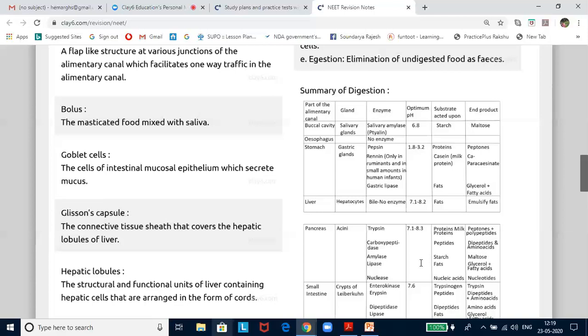When food enters the esophagus, the rhythmic contraction of the gut wall, peristalsis, begins. Peristalsis is produced by the involuntary contraction of circular muscles, which is preceded by a simultaneous contraction of the longitudinal muscle and relaxation of the circular muscle lining the gut. When a peristaltic wave reaches the end of the esophagus, the sphincter opens, allowing the passage of bolus to the stomach. The sphincter muscle guarding the junction of the esophagus and the stomach normally remains closed and does not allow any contents of the stomach to move back.